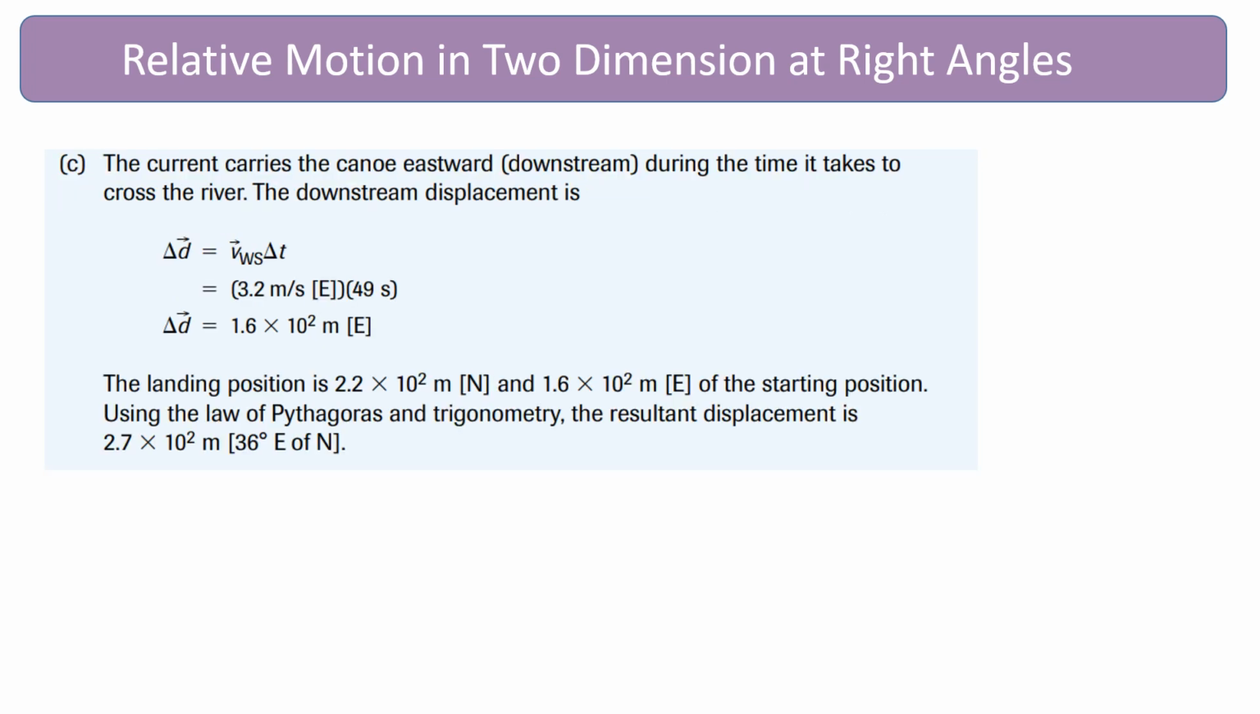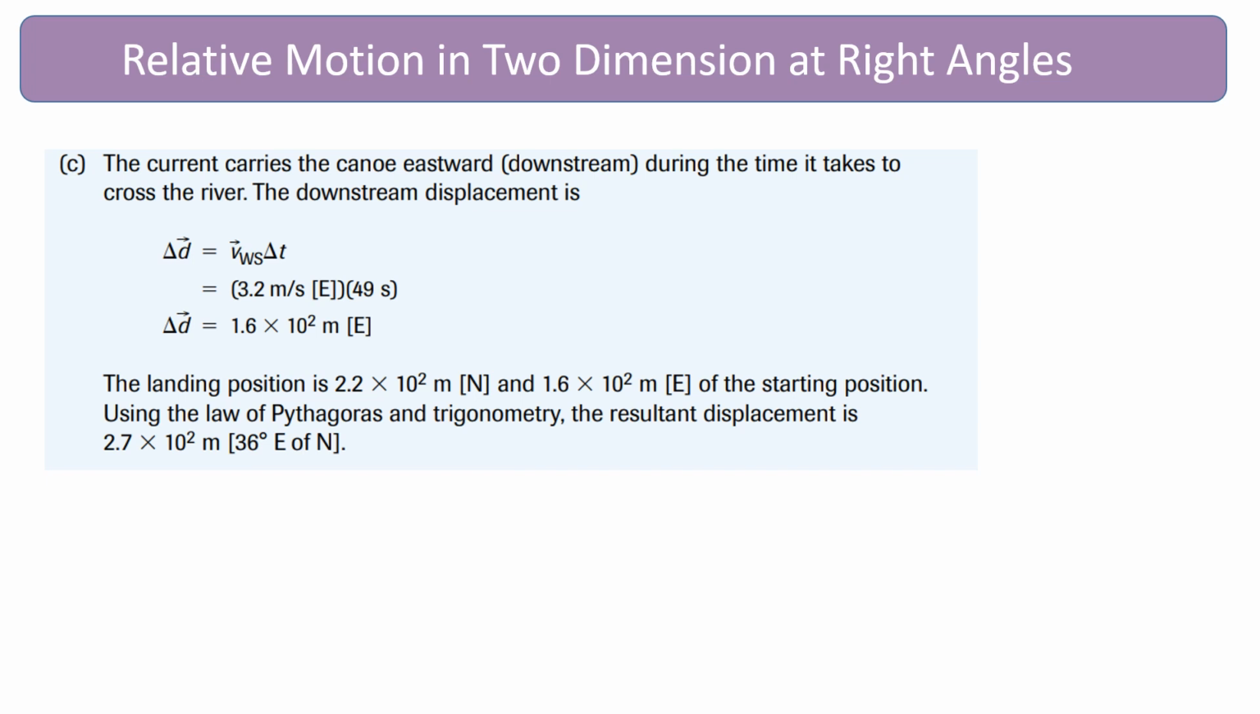Now, number C. The current carries the canoe eastward downstream during the time it takes to cross the river. To calculate the downstream displacement, we're going to find the change in distance this time, and using the same formula, the change in distance is equal to the velocity of the water relative to the shore times the change in time, which we found out. So 3.2 meters per second east times 49 seconds is 1.6 times 10 to the exponent 2 meters